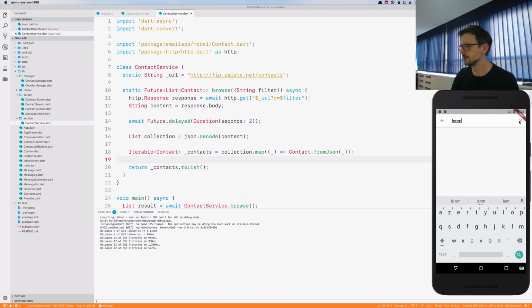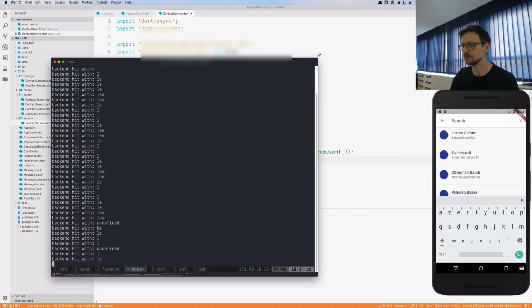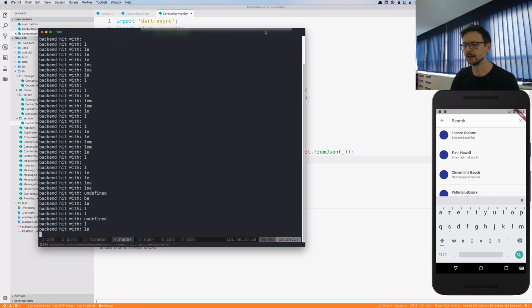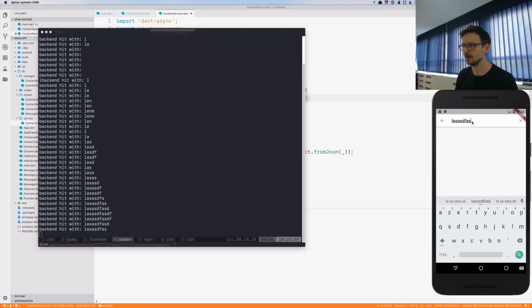Let me go here. Before we test that, let's open another window. In this window, I'm connected to the remote API. Now if everything works, whatever I type in the search box should appear in the terminal. If I type L, I'm getting L on the back end, E, M, M, and whenever I type, as you can see, every letter generates a request. So there are plenty of requests over here,